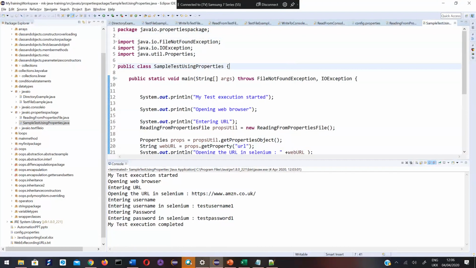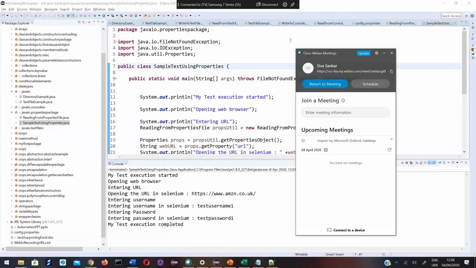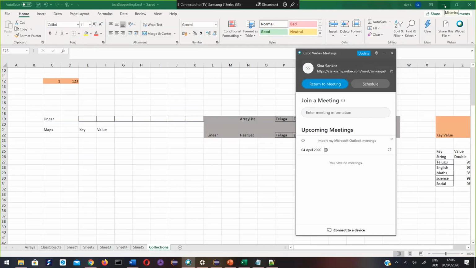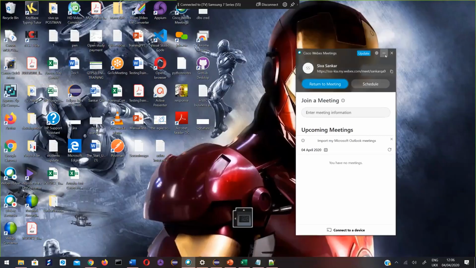If you want to change a value in any code in the project, we can use this property file and change it. So at a single place, you can change that. You don't need to go and change in all the 100 places. Okay?